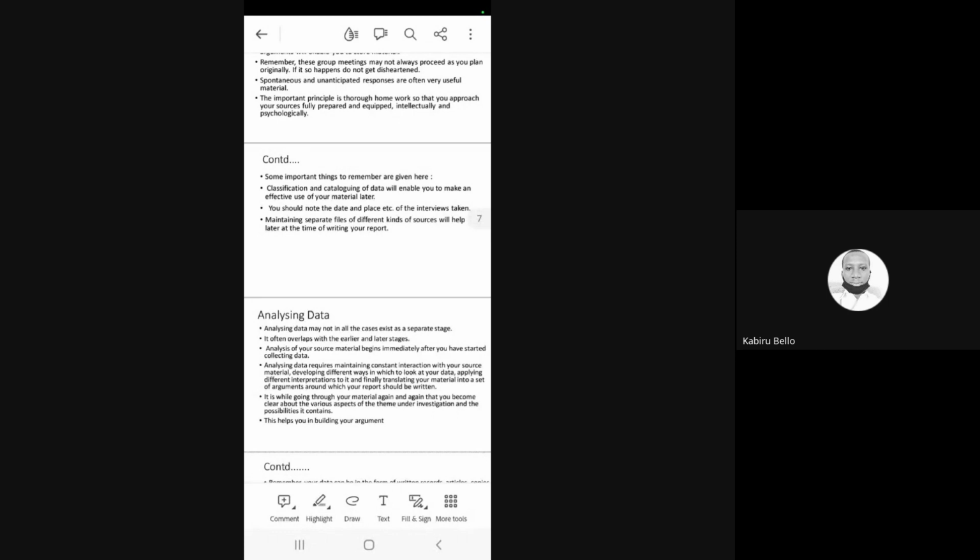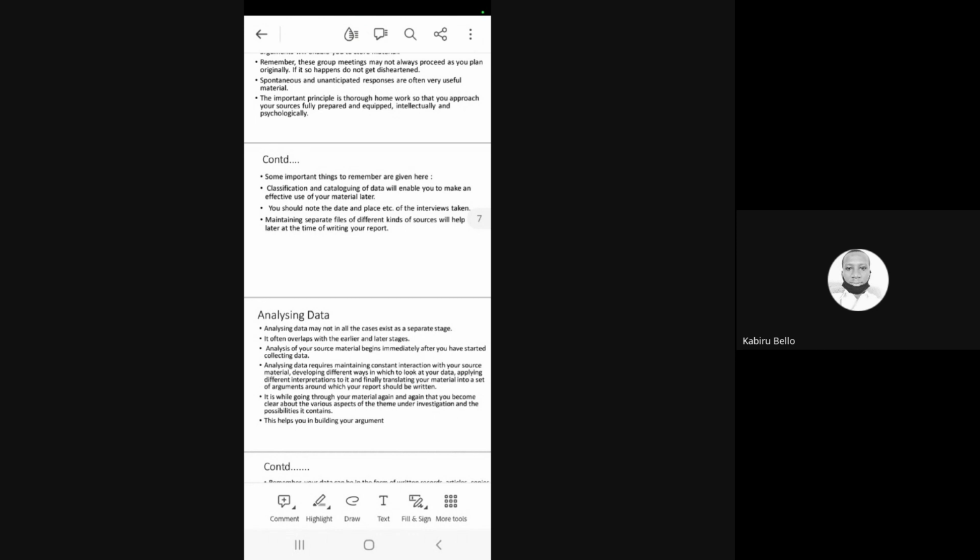Similarly, I know Kaberu knows, a lot of questionnaires also come to us in WhatsApp groups, where people are doing some studies. It is sent to us so that we fill it up, and once it is submitted, it says thank you, it is submitted properly. So you can also do that through the questionnaire. That will come on later part, but you should know all this.